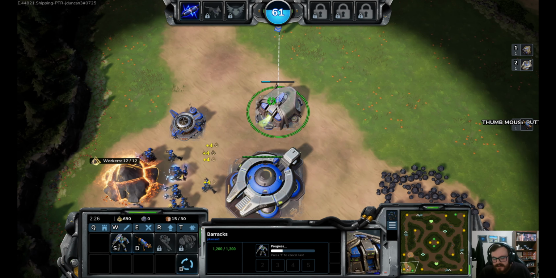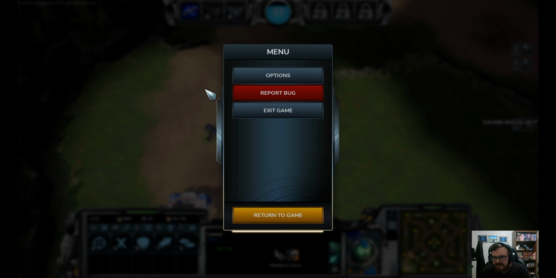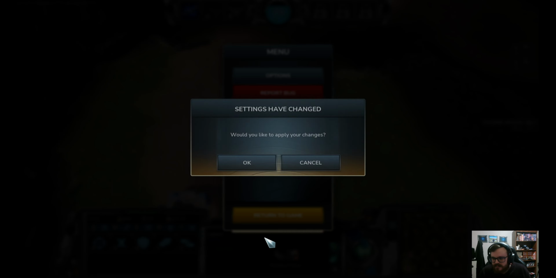So what we're going to do, we're just on one base, this is the easy AI, but we're going to try, oh shit, I don't know what that is, don't know what I just built. I guess we'll find out. I'm going to see if I can turn off the automated control groups right now, so let's hope that this stops. I don't know what I built. A sentry post. Okay, I don't know what that is. Okay, barracks is D. I'm still learning the hotkeys and everything like that, but we're going to try our best here to win the game. I mean, I think we'll win anyway, but...